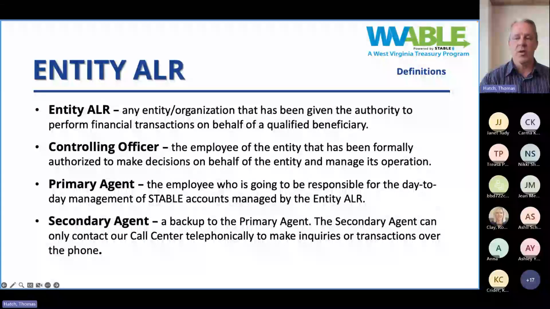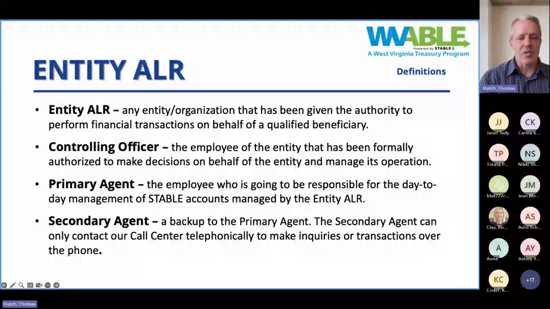As we go through, and I'll take you page by page through the current application, I want you to understand some of these terms so that when we mention them in the application, we're not getting confused by what they mean. The first one is, what is an entity ALR according to our definition? Sometimes I'll refer to it as an organization, sometimes a provider. All of those are sort of all within this range.